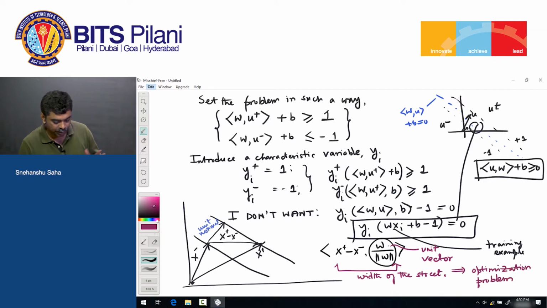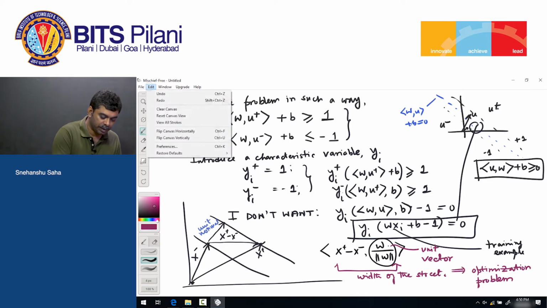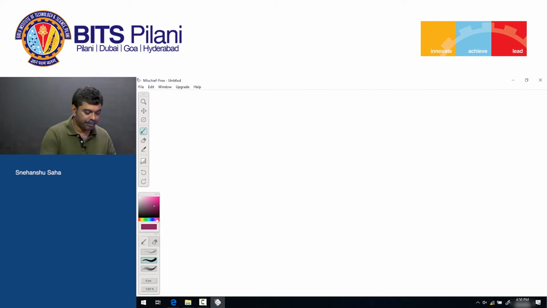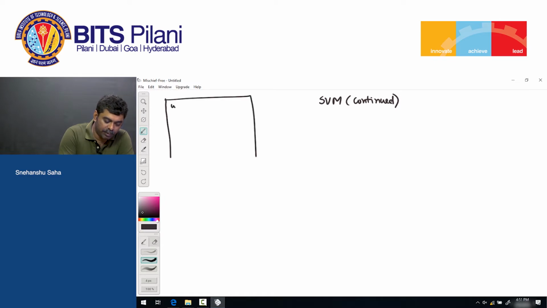So I think we need to write down something somewhere. Okay, we'll clear the canvas. So at least now what we know is that this is the width that we need to optimize. I'll just write this down again so that we don't forget. SVM continued, just for our reference. So the width is,